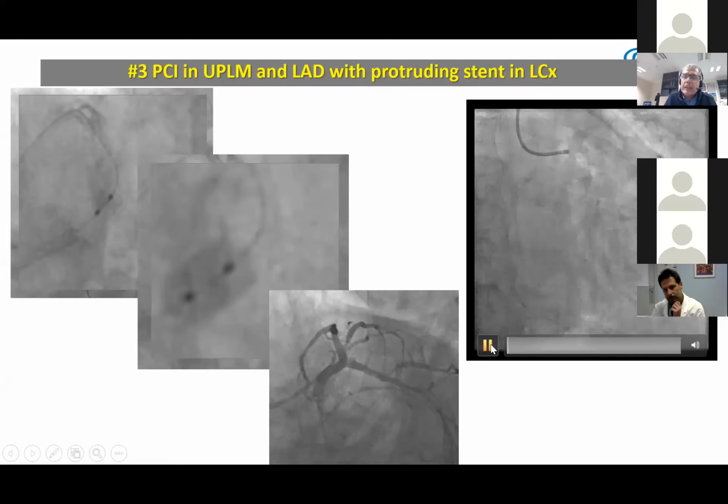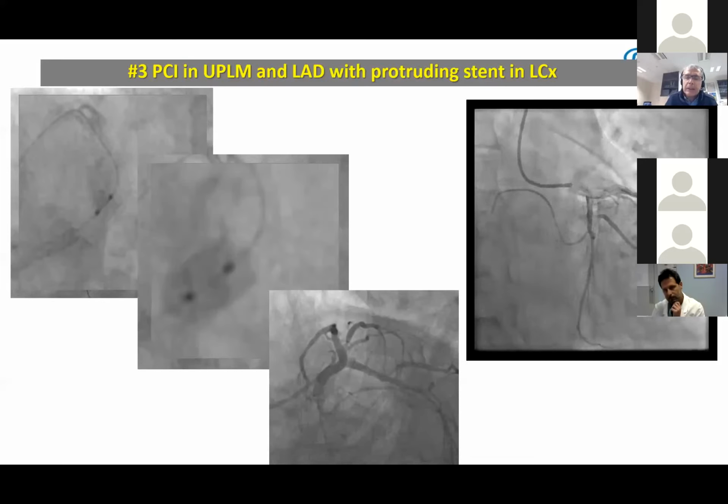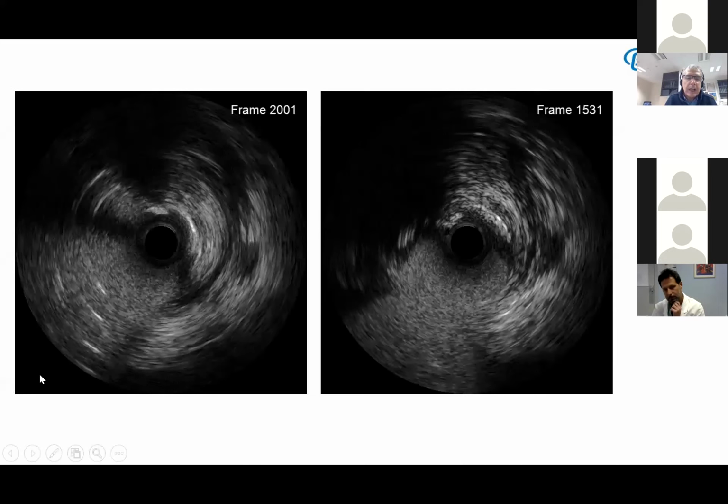And this is an angiographic final result,